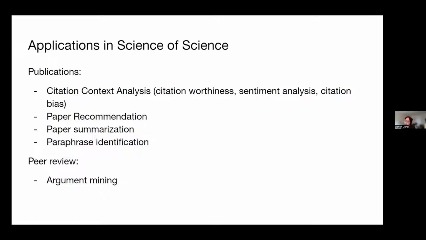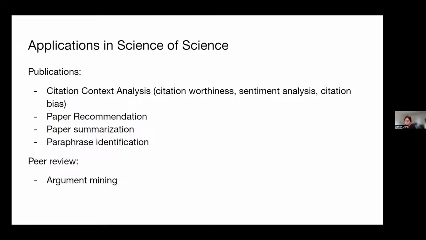And the other application is paper recommendation. As we show in that visualization, we can see that there are a lot more papers produced each year nowadays. So it's quite hard to find the exact paper that we need. So it's very important to develop a system which could, based on your research interests, recommend a paper or a funding opportunity. In that case, it's very important to develop accurate paper text representation.